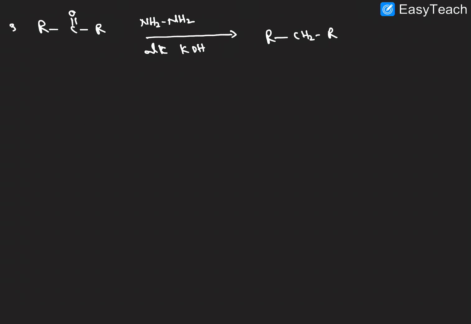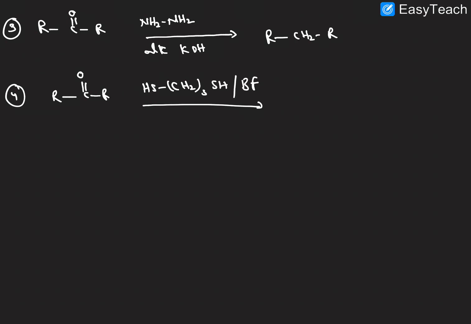And next, I think this is the fourth one, with the same carbonyl group. Here we first use a dithiol, and this is CH2 with SH twice, in the presence of BF3, followed by reduction. This is the first reagent, and here H2 and palladium, this is the reduction. First it forms a cyclic compound, and after this the reduction takes place. So finally we get CH2, the hydrocarbon.